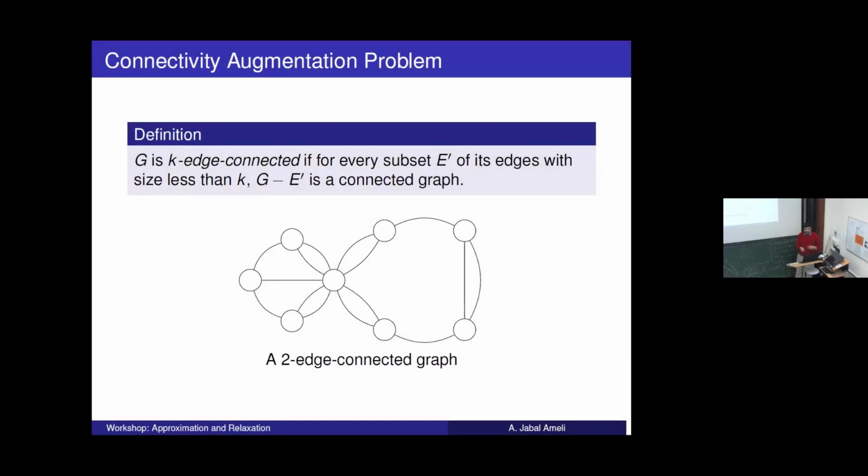So if you remove any subset of its edges of size less than k, the graph remains connected. For instance, here we have a 2-edge connected graph. You can see that the graph is connected, and if you remove any edge of this graph, it still remains